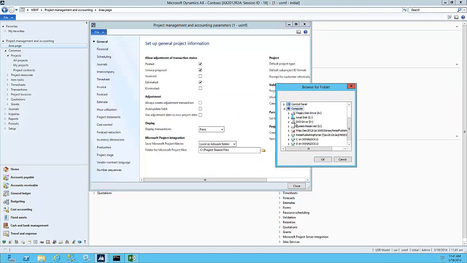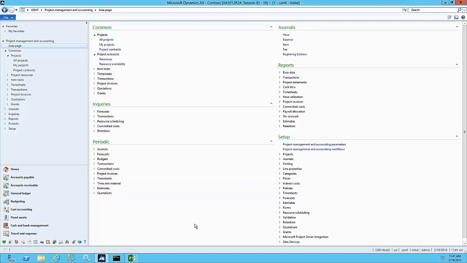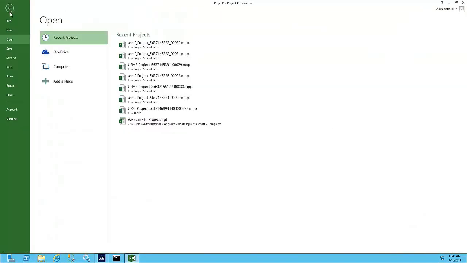It will open up your file tree, and you can look for the file that you wish to grab and use, and click OK. Currently, I will not hit OK as it is already synced. So I'm going to go ahead and close out of here. As for project side, you would want to go under File, Options,